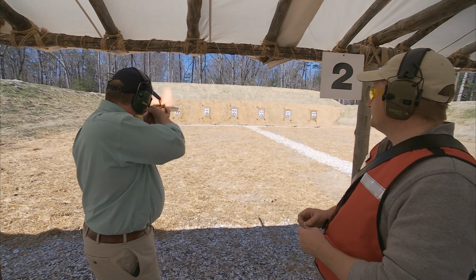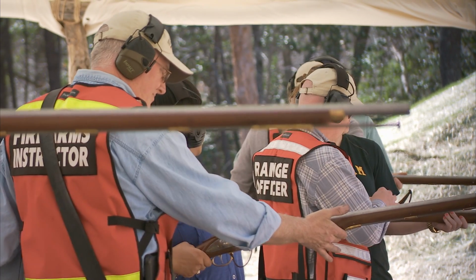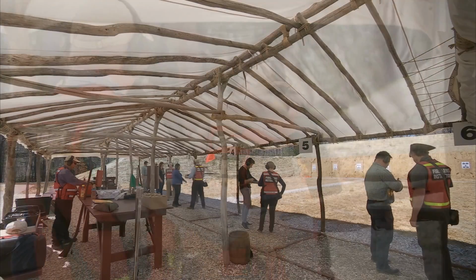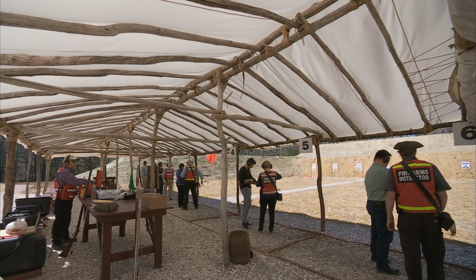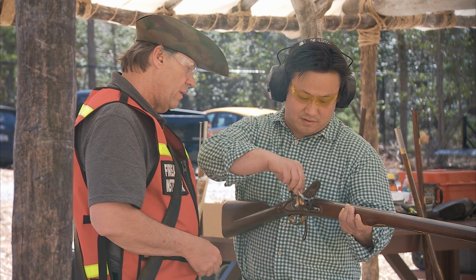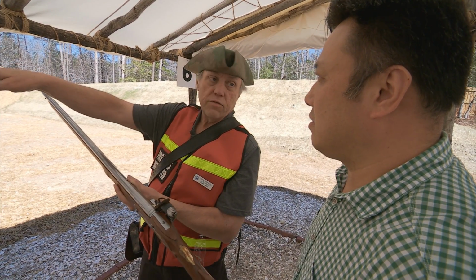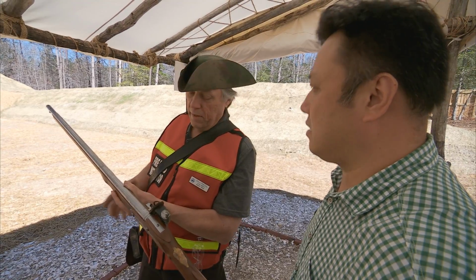I'd highly recommend before you go to the musket range, you visit the Museums of Colonial Williamsburg, you go downstairs to the lower court and you spend some time looking at the heart of the exhibit, Lock, Stock, and Barrel, where you'll see our lineage of Brown Bess muskets spanning Queen Anne's War, the beginning of the 18th century, through the Napoleonic Wars. It'll help you understand what it is you're about to be holding in your own hands and